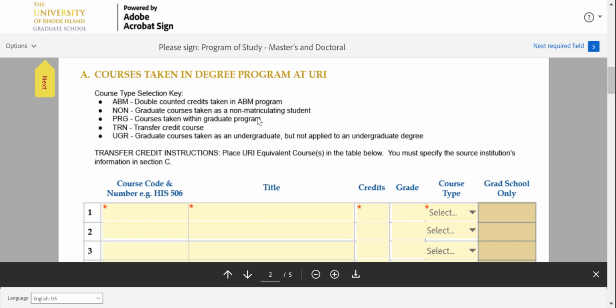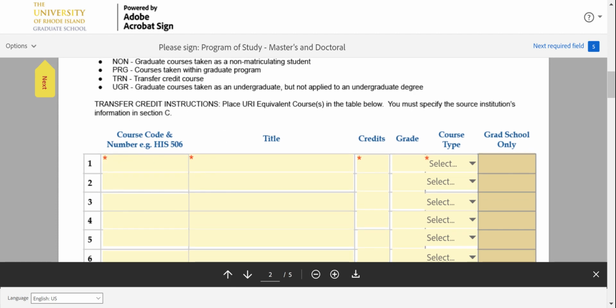So we'll begin with section A, and this is where you're going to input all of the courses that are being applied towards your program for program credit. Again, here is a shortened list of the course type selection. So I'll begin entering my course code, and then the title,